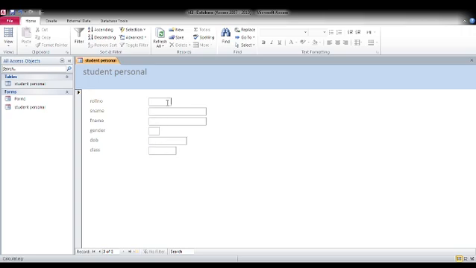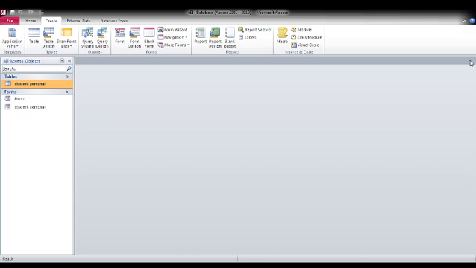Now it is 7th A. It's okay. It is going on. Okay. So in this way I can add it. If you want to see this form in a design view, you can see it. It's somewhat complicated, but you can see it.